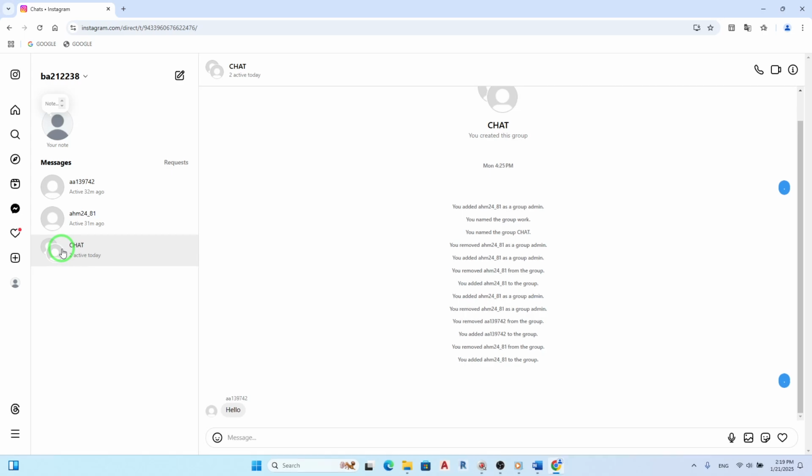With the group chat open, you'll see a text box at the bottom of the screen. This is where you can type your message. Go ahead and write your message in this box. Whether it's a quick hello or an important update, make sure your message conveys what you want to share with